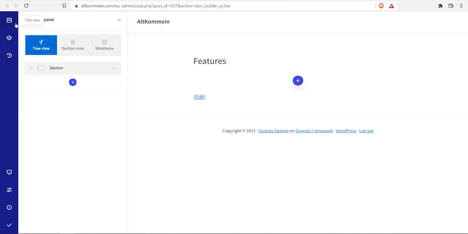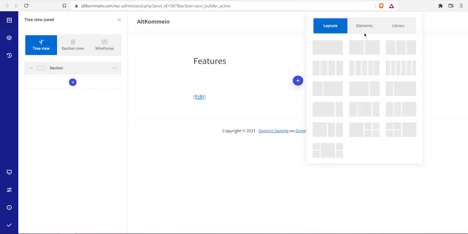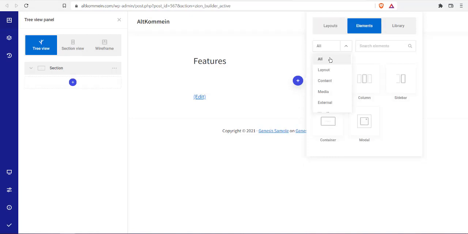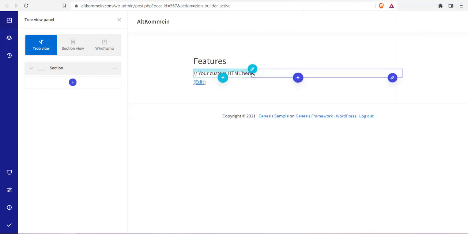Now once it loads, it just shows you the options on the left hand side. Check for tree view, make sure you add some section, then insert element, go for content element and choose custom code. Now that you have it, you can spread it a bit further so that it can have much more wider